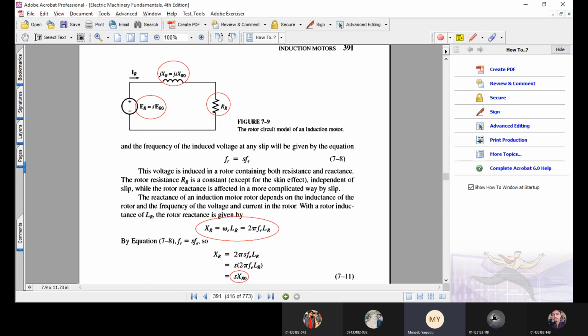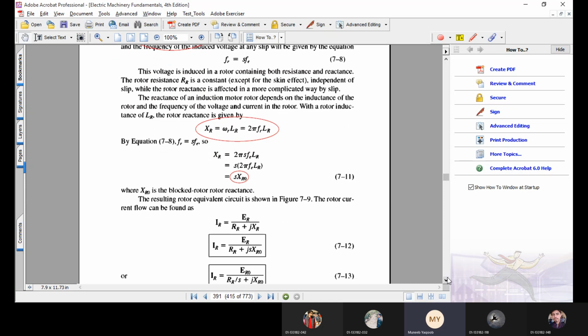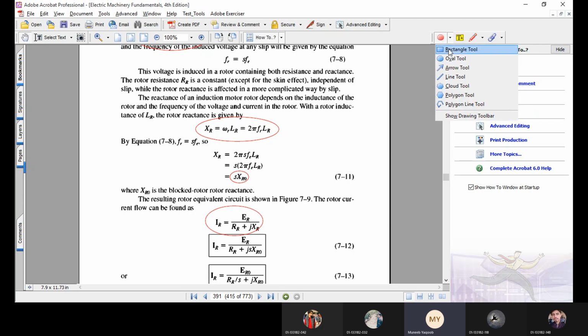and then they made IR the subject of the equation. So IR would become equal to this thing, that is ER upon RR plus JXR. Then they have skipped one step, so I am